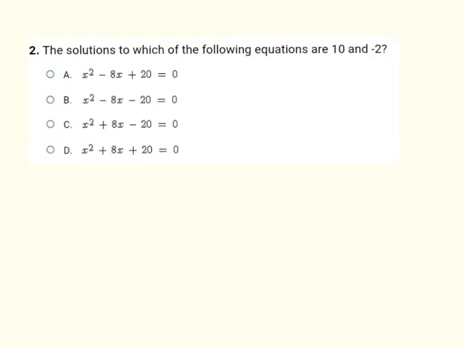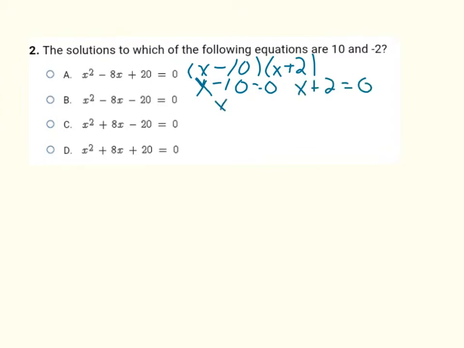So letter A here is going to factor into x minus 10 and x plus 2. So I'm going to have to set each of those equal to 0. So I have x minus 10 equal to 0 and x plus 2 equal to 0. And when I solve those, I get x equals 10 and x equals negative 2, which is what I'm looking for. And so my answer here is going to be